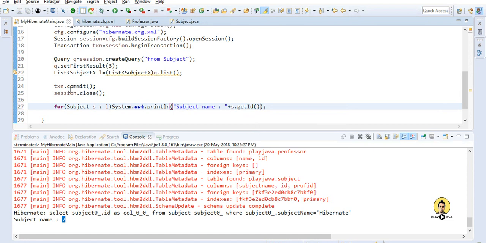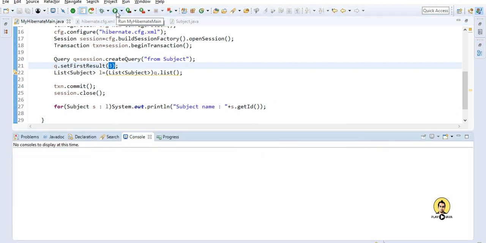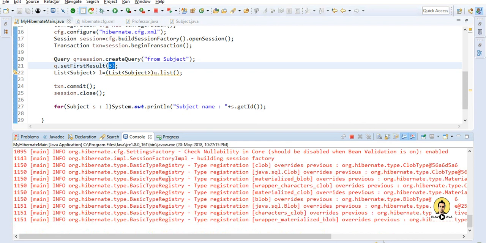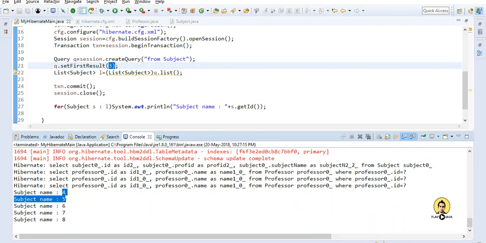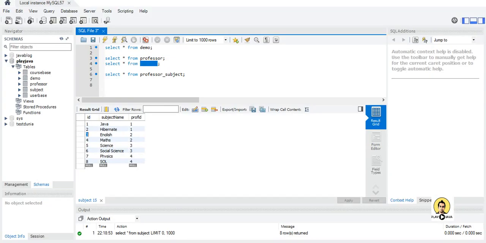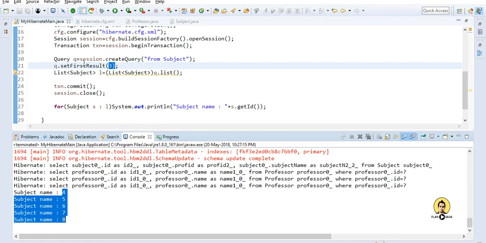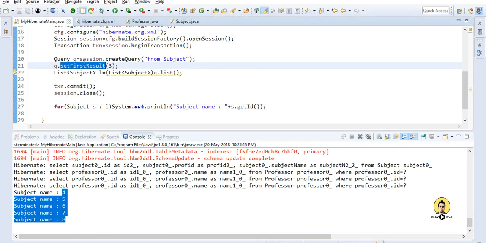Let's check the ID which starts with the third result. I'm clearing the console, and when I set the first result, see our data started from the fourth option. That is, 1, 2 and 3 have been excluded, from index 0, 1, 2 skipped, and from the third index, that is result 4, it has started the data.